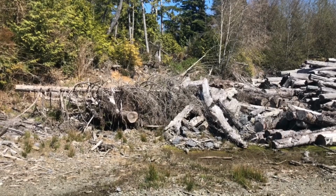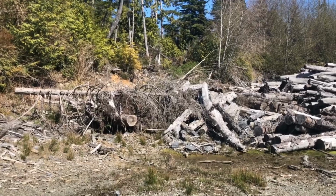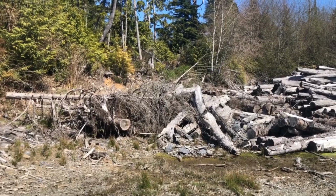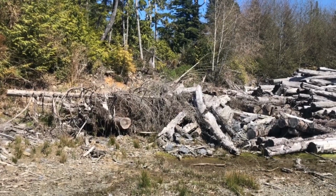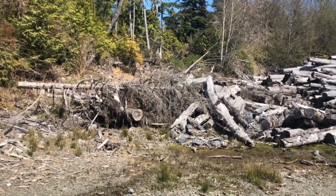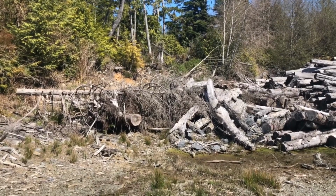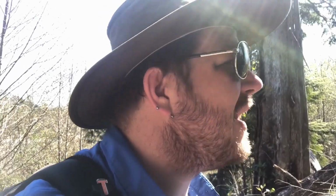So I don't know if you'll be able to hear this, but there's a Steller's jay just sat in the middle of all those sticks. You can probably just make him out, him or her, and it's just chittering away, making all this noise. I've never heard them this quietly before, but it's pretty cool. So now I've come up the other side and offended a Steller's jay,